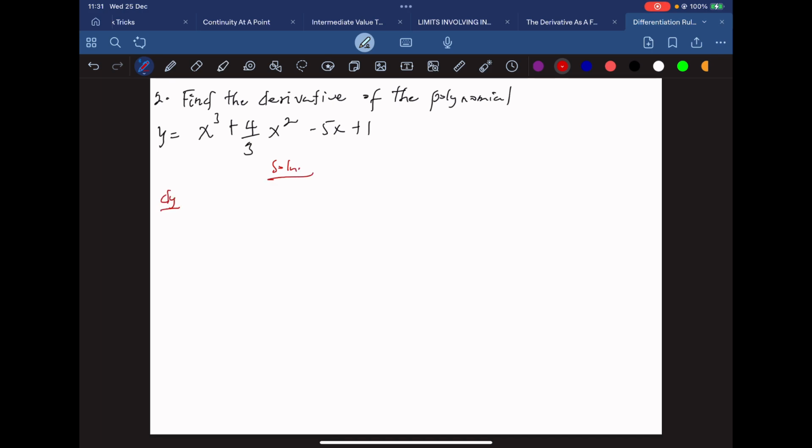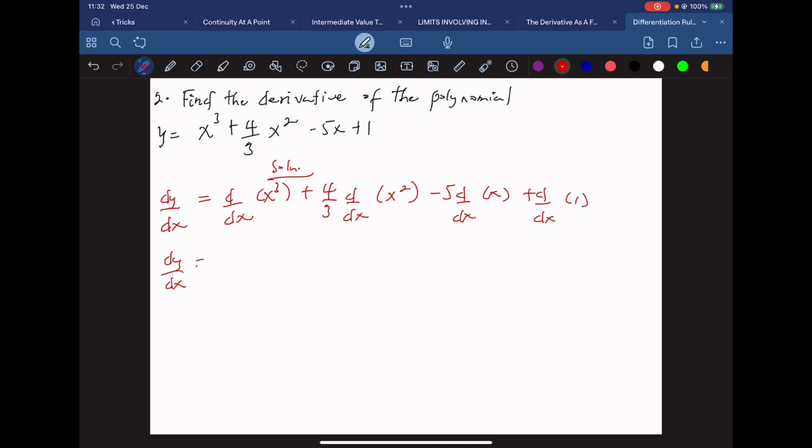So dy dx is equal to d dx of x cubed, or we can simplify it first. You can have the constant outside, then d dx of x squared, minus 5 d dx of x, plus d dx of 1. So our dy dx is equal to, using the power rule, n comes down, you subtract 1 from n,